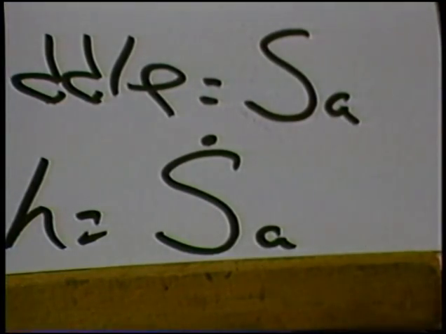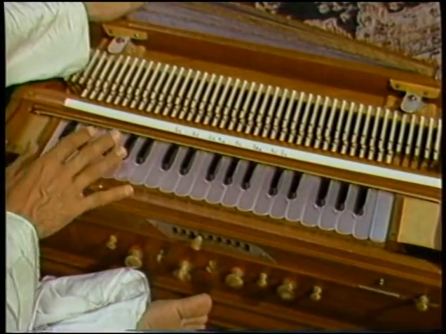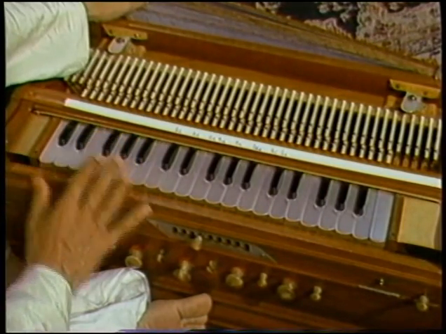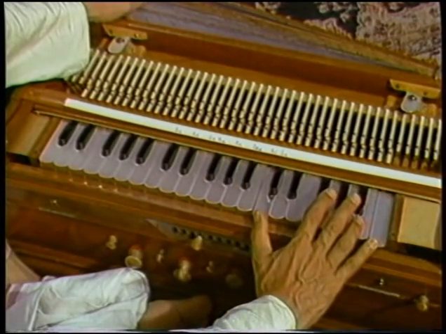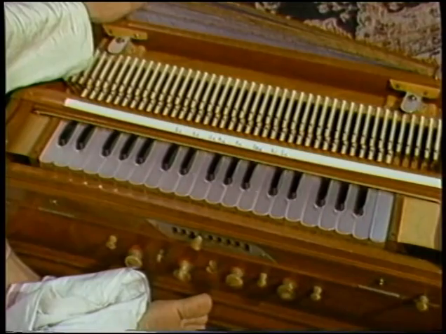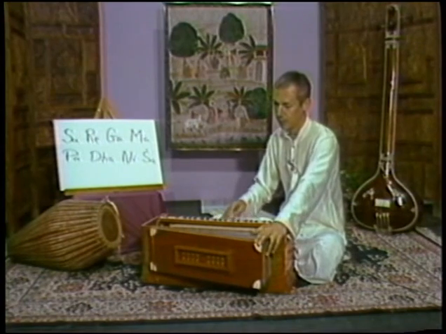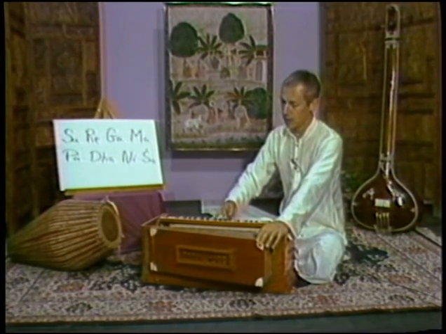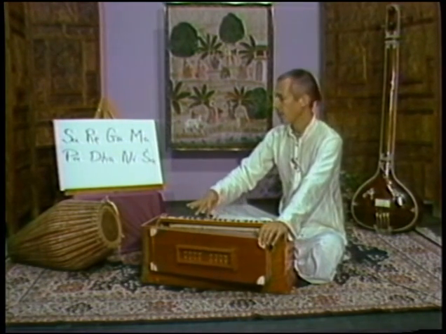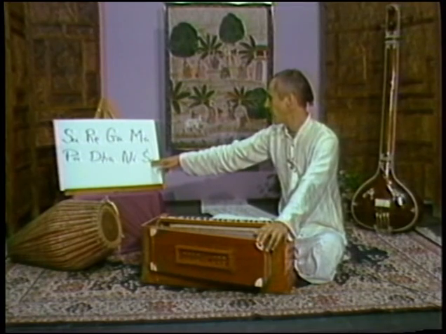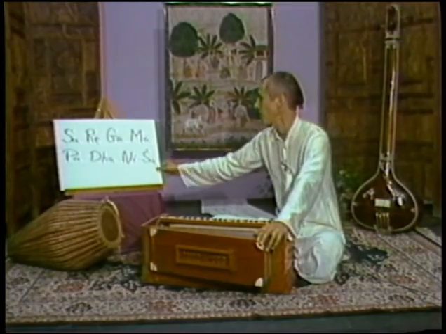above. Here on the harmonium you can see the 3 different octaves. This is the lower octave, the Udara octave, and then this section here is the middle octave, the Mudara octave, and then the top notes are the Tara octave, the high notes. The next thing we're going to do is play through the notes on the harmonium. Sa, Re, Ga, Ma, Pa, Dha, Ni, Sa. You can notice that this high Sa from the Tara octave has a dot upon it. So all notes higher than that will also have dots on them.